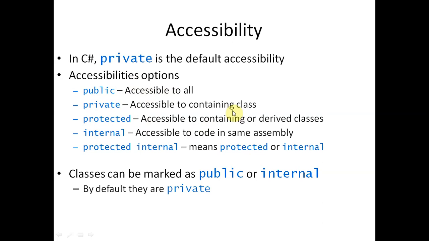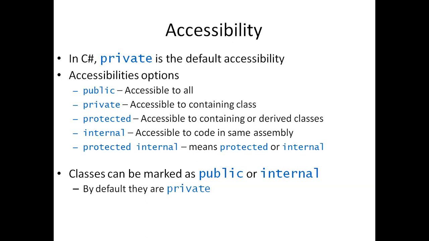Private is accessible only in the containing class, meaning the file where we have defined the private class. So the private class is used only in that file, not outside. Suppose we have defined a private variable inside the class, so the variable will be used inside the class, not outside the class. Protected members are accessible in the containing class as well as the derived class. Suppose we have defined a variable as a protected type, then it can be used anywhere in the same class, as well as in the derived class, but not other than the derived class or containing class.